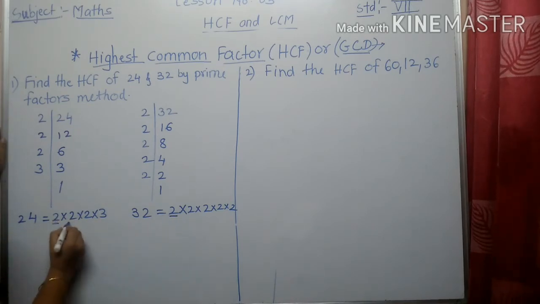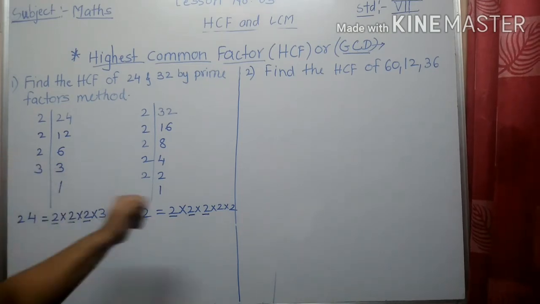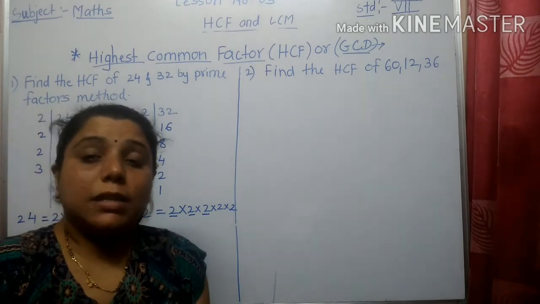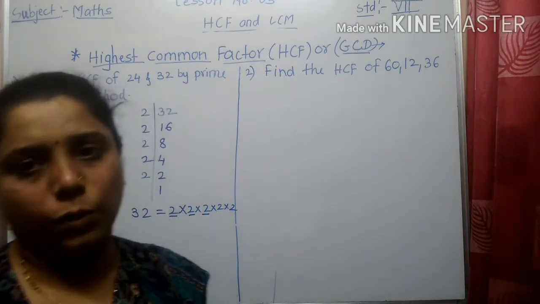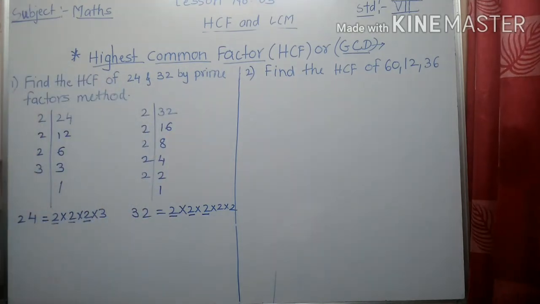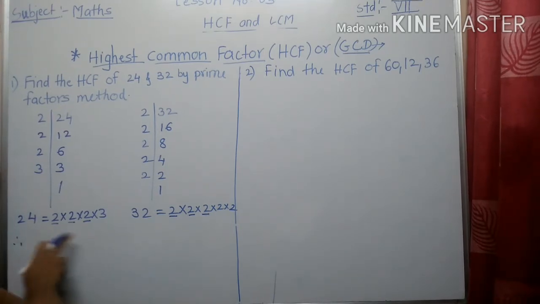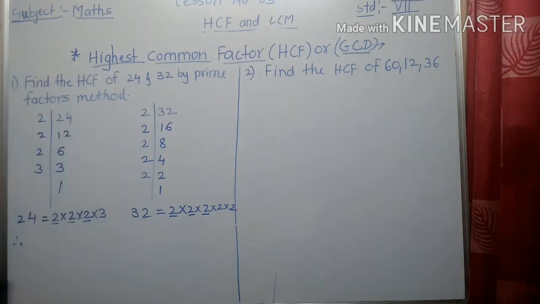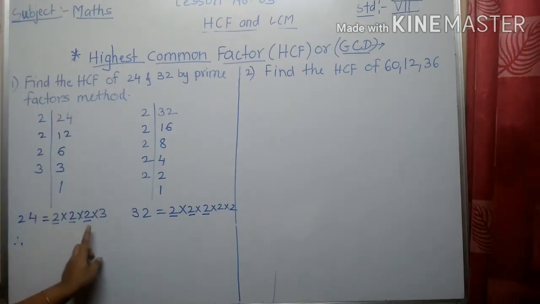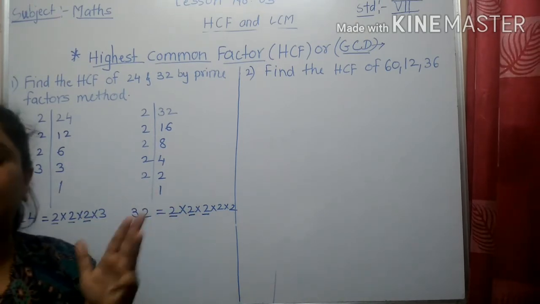2, 2, 2. And when you are taking the common factors, because they are common, when you are taking the product, you have to take them only once, at one time only. So how to write the HCF? Now see, here the 2, which is a common factor, occurs thrice in each number. How many times is 2 coming? 1, 2 and 3 times. So the common factor 2 occurs thrice in each number.